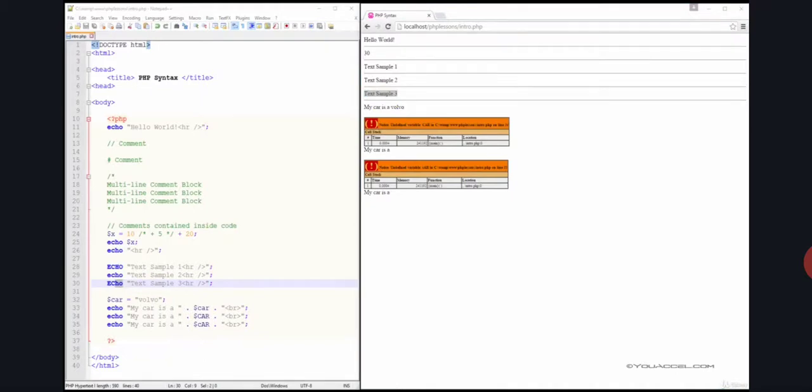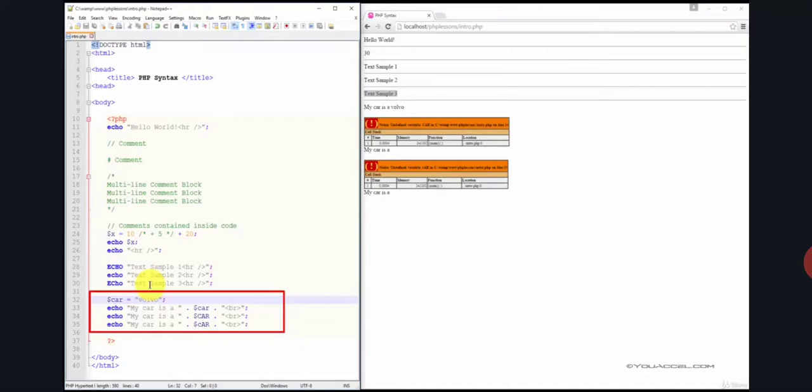Note, however, that variable names are case sensitive. In this example, we have a variable named car, which contains the value Volvo. We then have 3 echo statements, each time changing the case of the variable output car. Only the first line will output the variable correctly, because the case does not match in the second and third line. So we can see here in the first line,